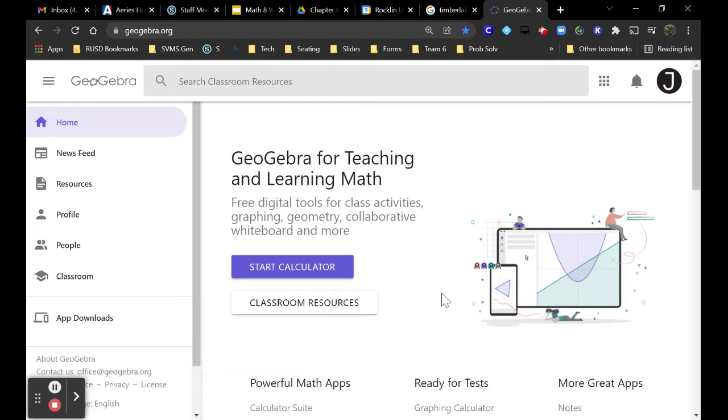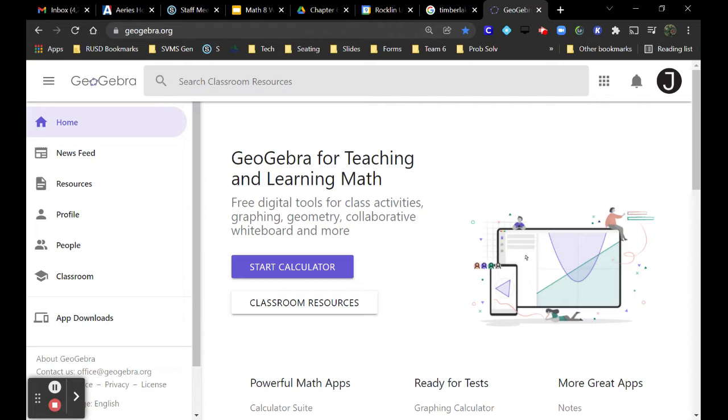Good morning, students. So today we're going to start learning how to use a tool called GeoGebra. This is going to be used to teach you what are called geometric constructions. Constructions in geometry are really an old, very traditional process of learning to use limited tools to construct objects in